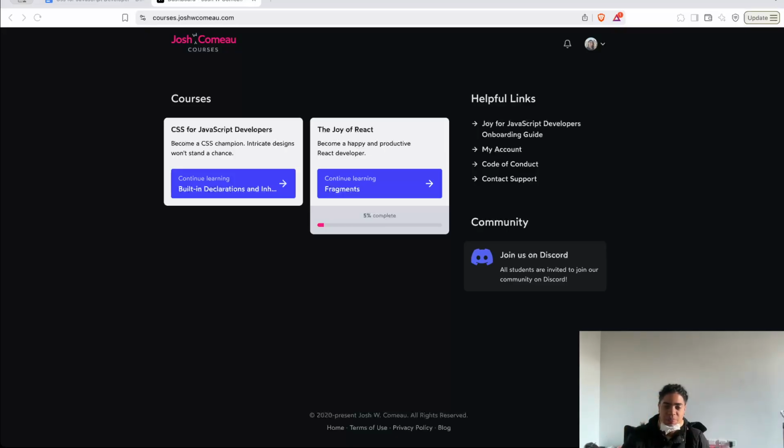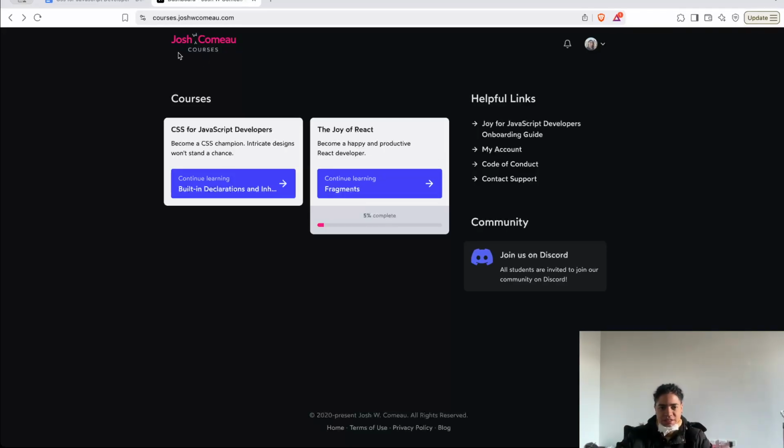One is CSS for JavaScript Developers, which is what we're going to do in today's video, and the other is The Joy of React. In other words, how do you understand React deeply, so that you can provide solutions and also fix some of those problems that might arise when you look at a particular code base, right? So far so good, because that's what we want to do in other series of videos. But in today's video, CSS for JavaScript developers,